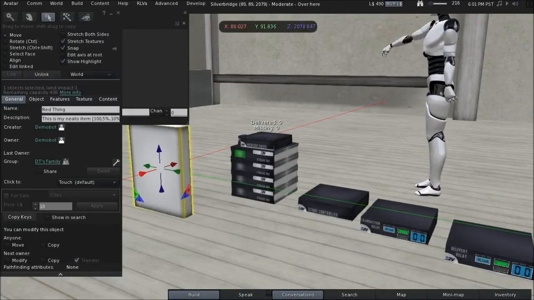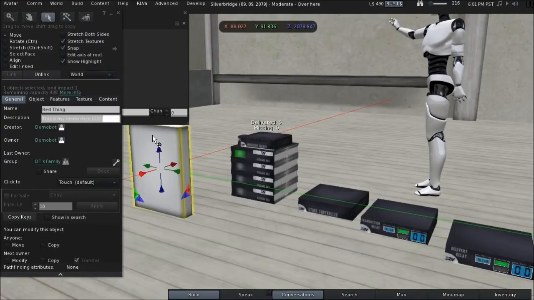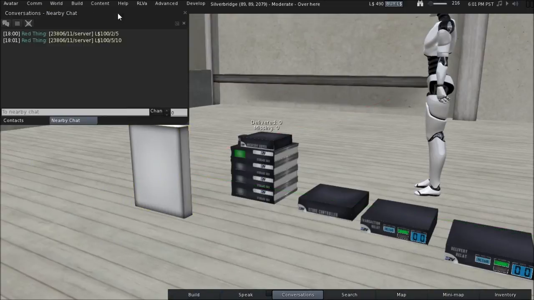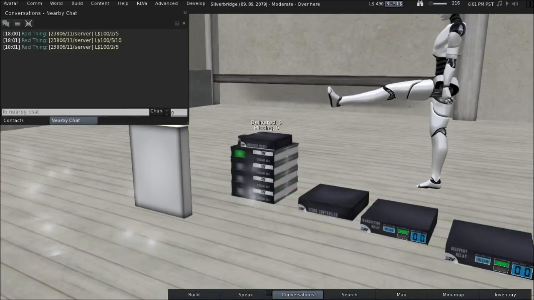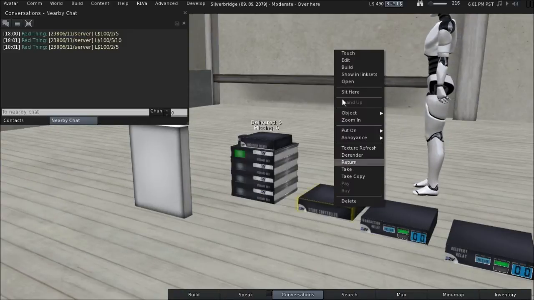Let's go back to just the standard default values. So now if we reset, we're going to be back to that normal price. Also in the store controller,